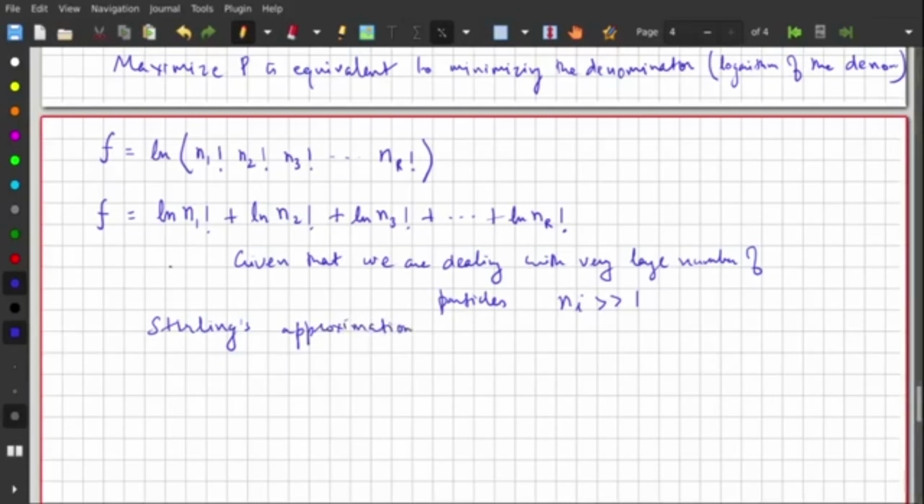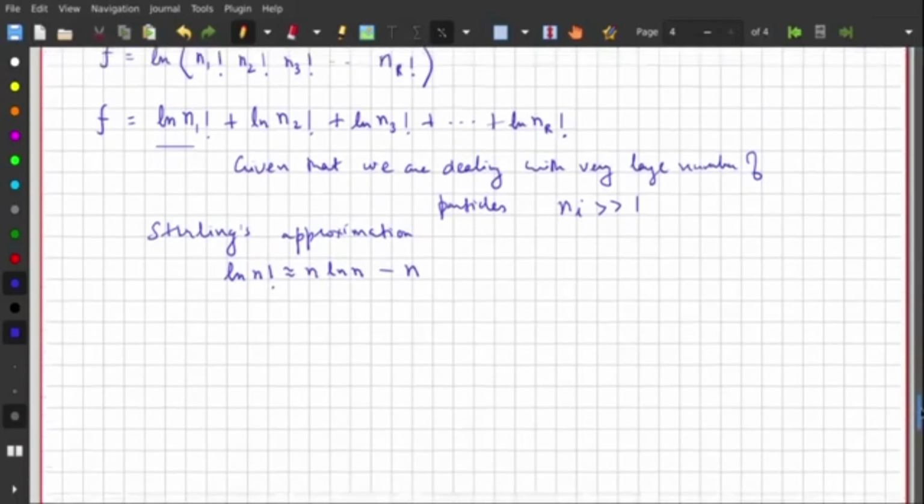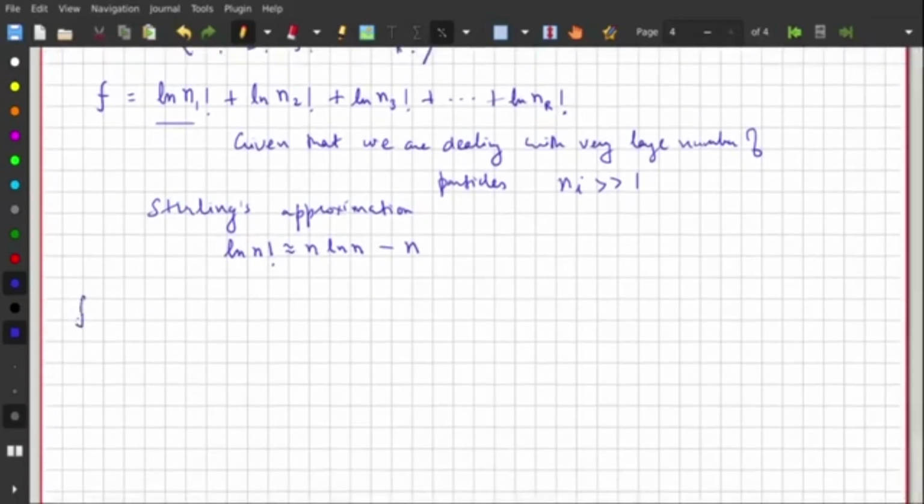Okay, so what does Stirling approximation say? It says that we can write the log of the factorial of n is approximately equal to n log n minus n. If we use this expression for each of the individual terms for n1, n2, and n3, our function becomes f equals n1 log n1 plus n2 log n2 plus n3 log n3 plus dot dot nr log nr